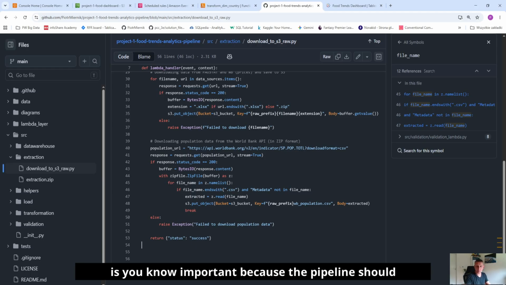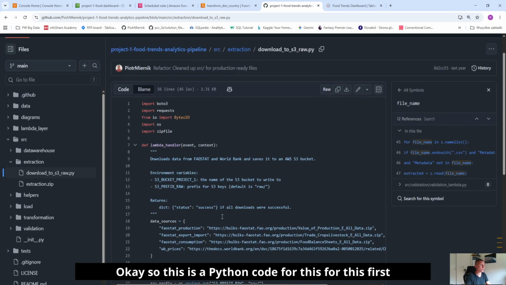And this is important because the pipeline should fail clearly instead of silently producing some incomplete data, right? And in AWS, such failures can be tracked in CloudWatch logs, for example, and can be connected to some alerting mechanisms, for example, with Amazon SNS, which I mentioned before. Okay, so this is the Python code for this